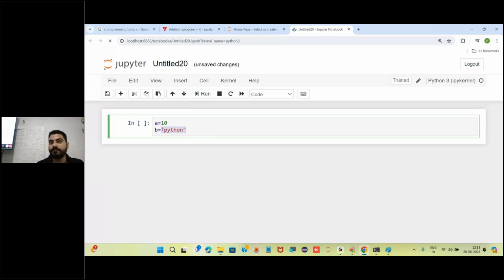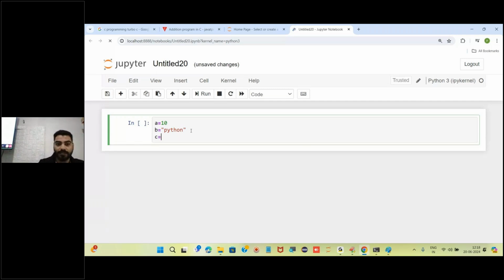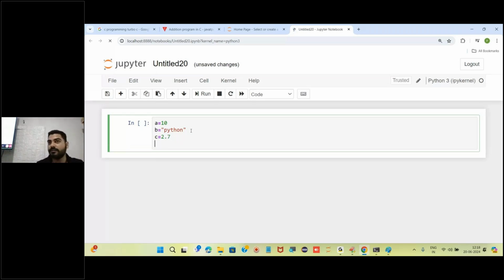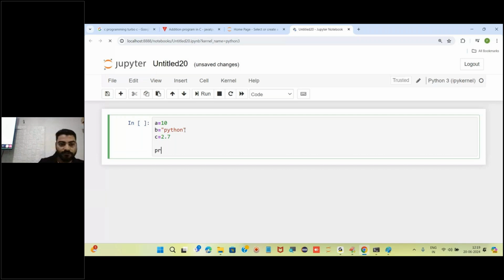What type of data? String data. c equals, let's suppose 2.7. Don't go to that complex. 2.7 is what value? Floating point value. I will write print of a plus b plus c.